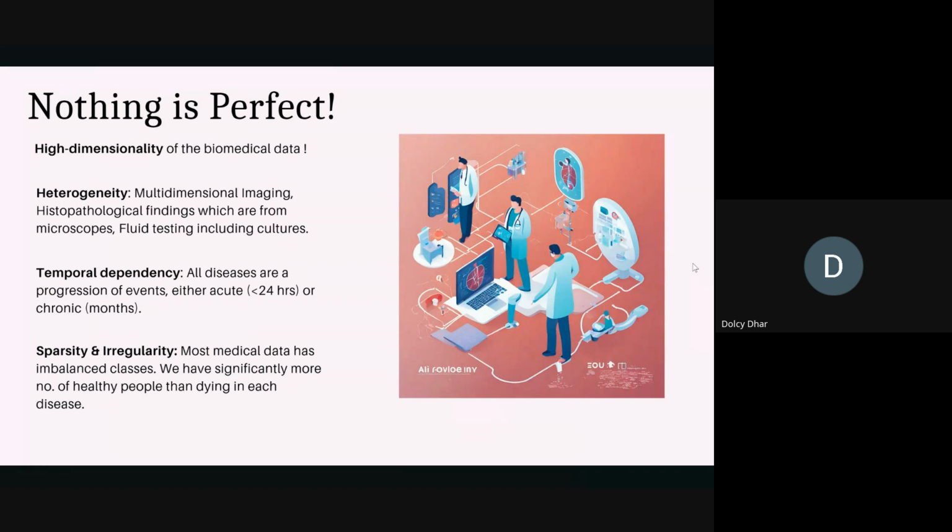So temporal dependency is a big bottleneck, because imagine 4 GB data at one point, and then 2 minutes later you're collecting another 4 GB data point, and so on and so forth. If you go and keep on adding this over the course of many people, it becomes exponentially huge. Again, finally, the sparsity and irregularity that we talk about is that we have more number of people which